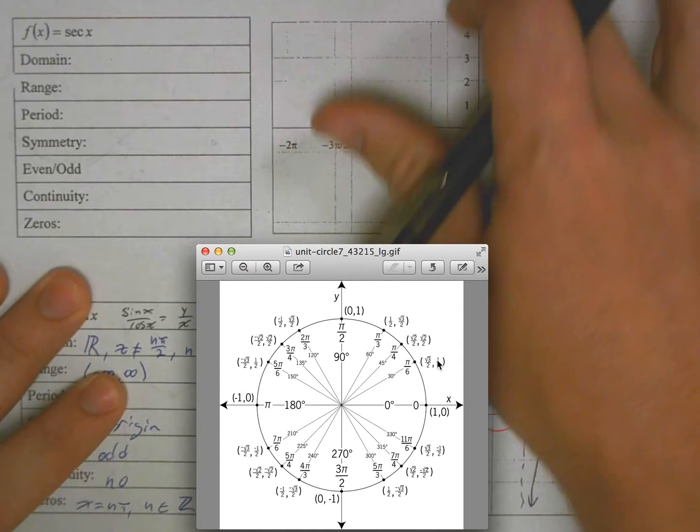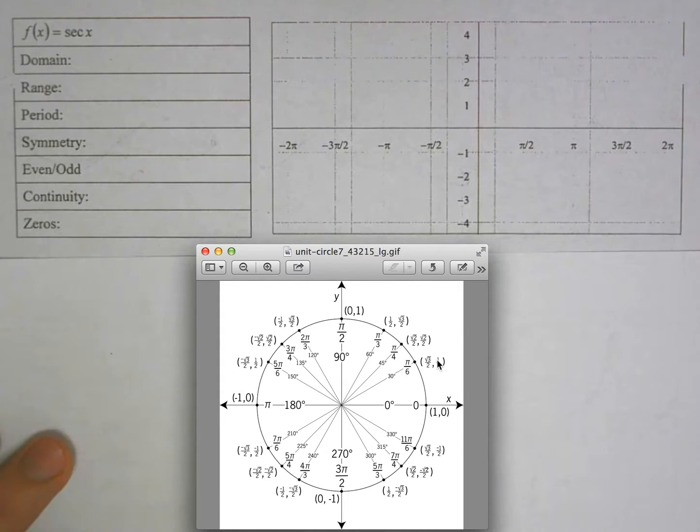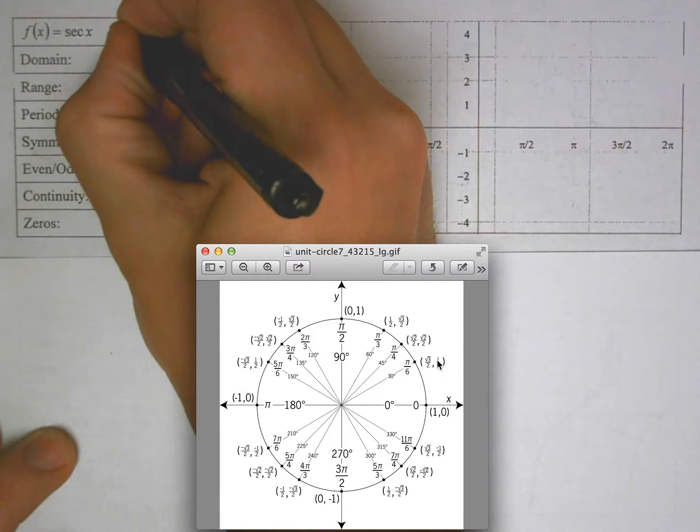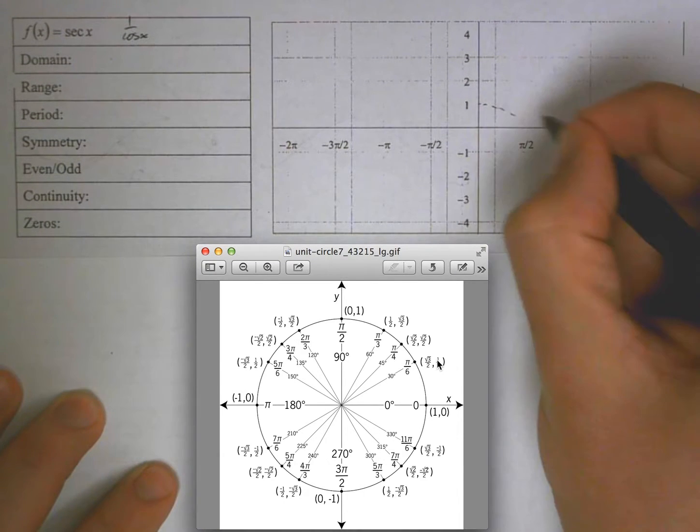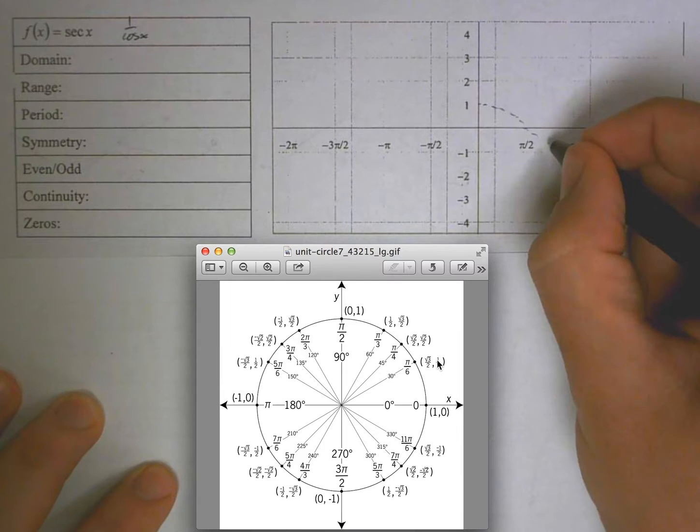Secant. Secant is the opposite of cosine. This is 1 over cosine of x. So I can take all of my cosine points,